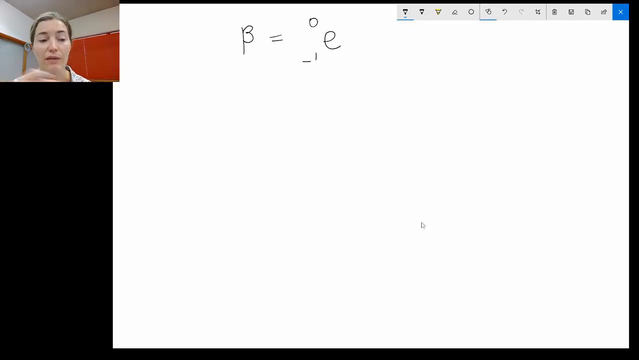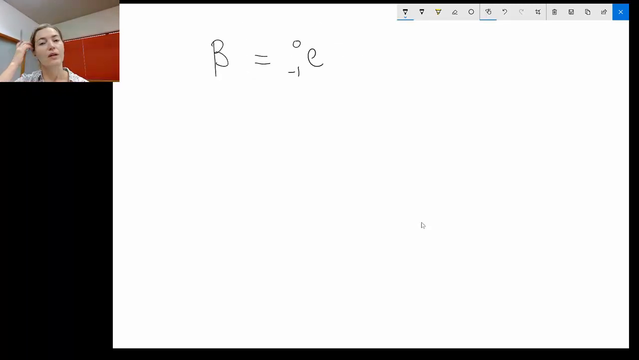So let's have a look at an example. Thallium-210 emits a beta particle. So if we have a look at one example, thallium-210, we write